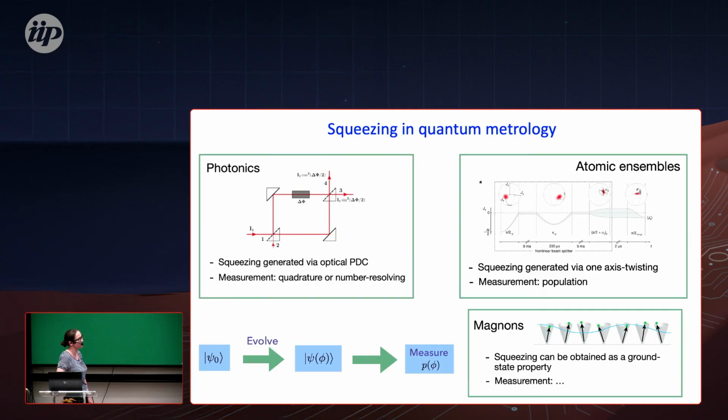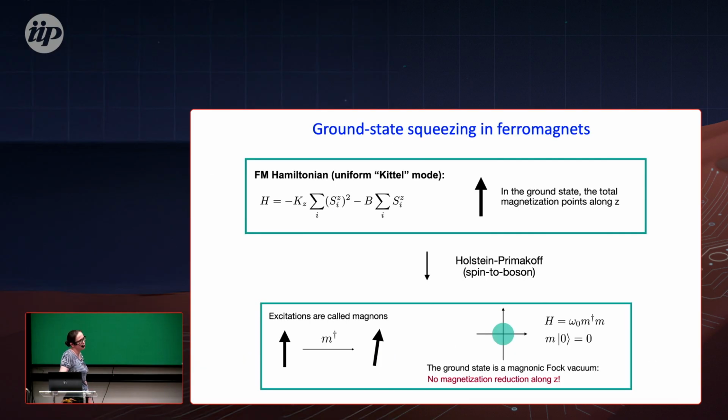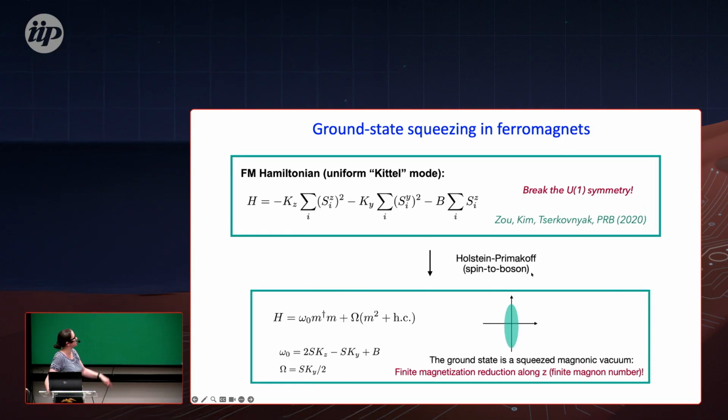But in our work, we wanted to see if we can do basically the same with magnons, right? Magnons are the elementary excitations in a magnetic system. And here we start again with the ferromagnetic Hamiltonian. We have a ground state. We assume that we have anisotropy, which aligns all spins in the z direction. We apply a magnetic field, and then of course in this case, in the ground state, all spins are aligned. There are no magnons, and the ground state looks spherically, kind of circularly, symmetric.